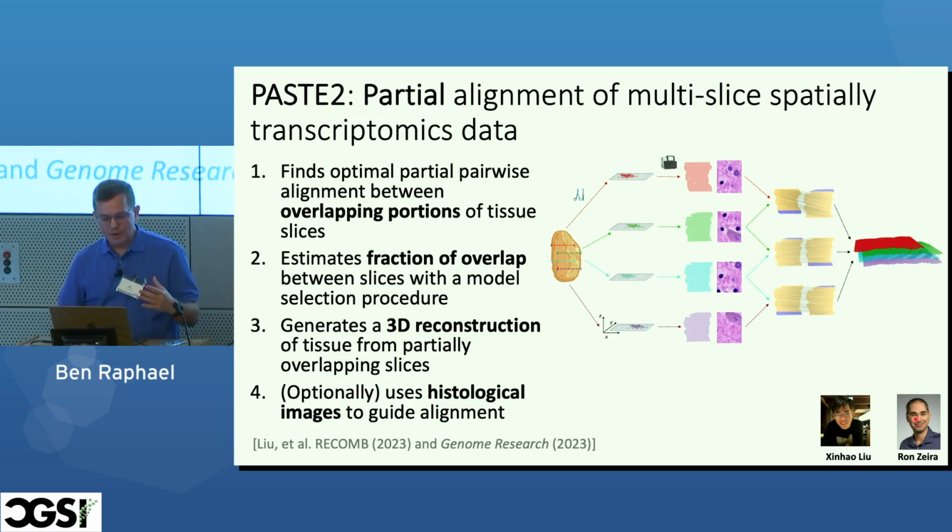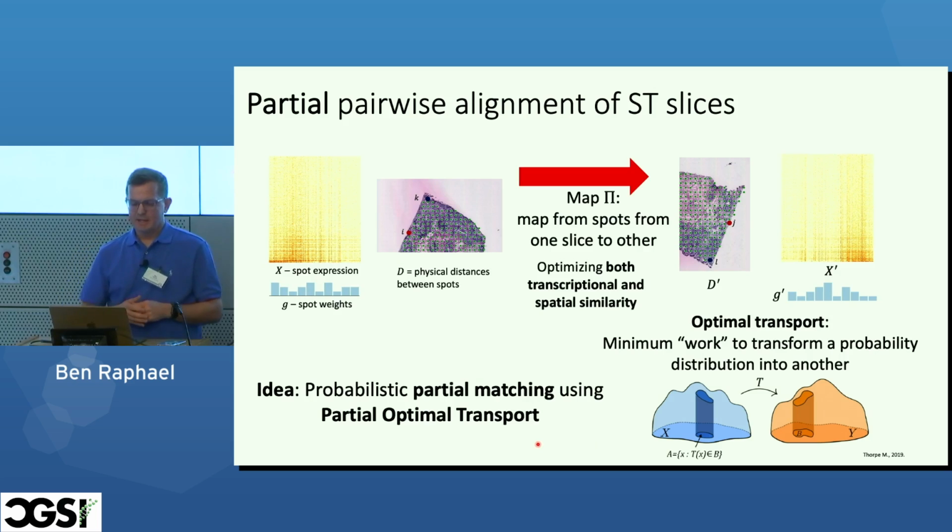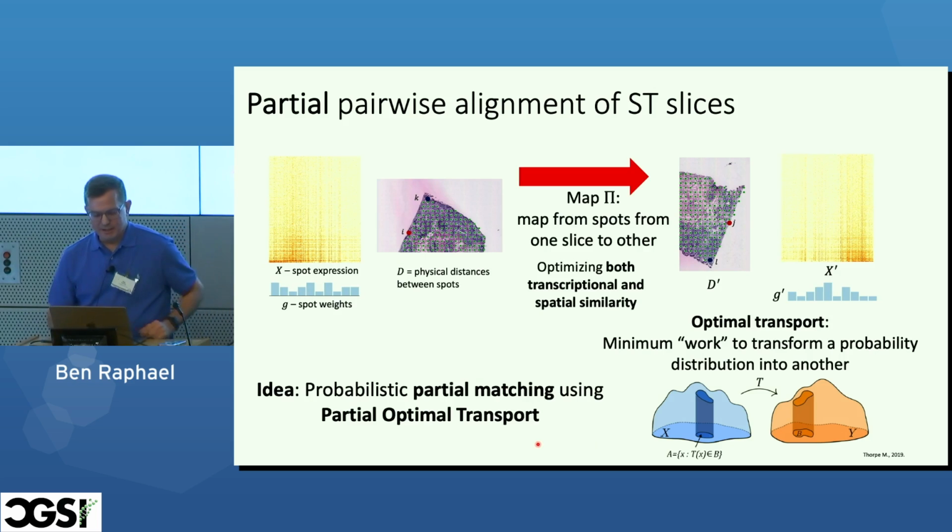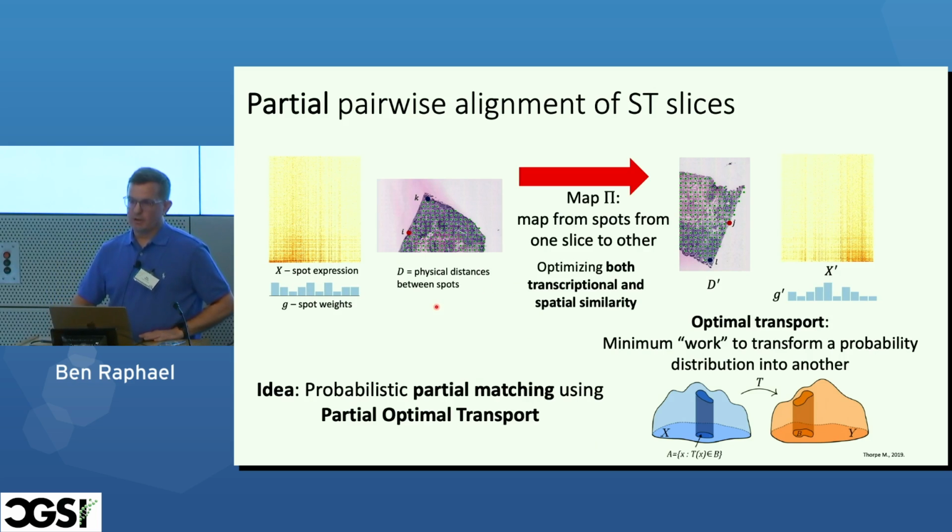I'm not going to go into all the details. This is also a preprint. This was at RECOMB this year. The Genome Research version is coming out momentarily, in a few weeks, and so you can read more of the details there. I'll just quickly say something about the methods: what this operates on is a beautiful framework called optimal